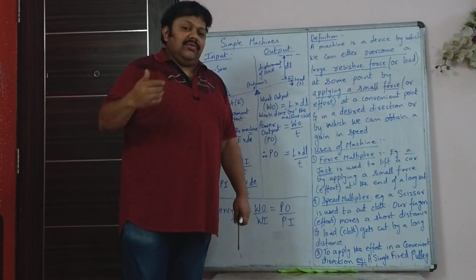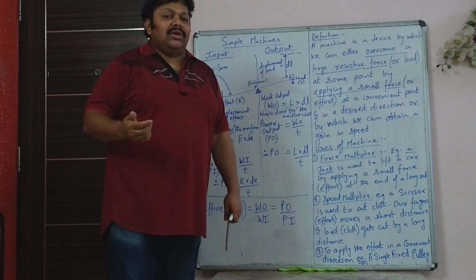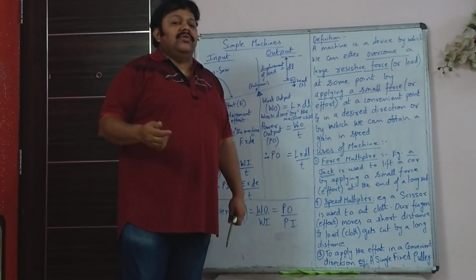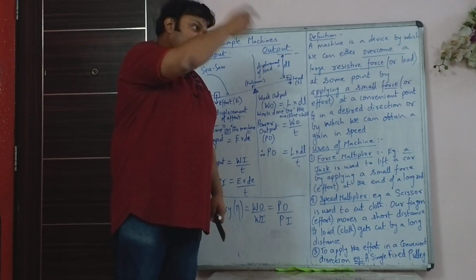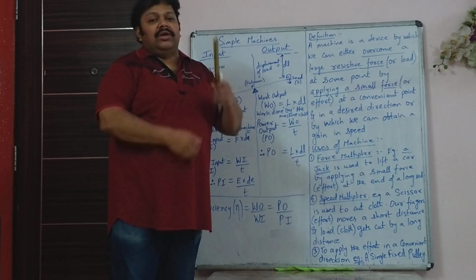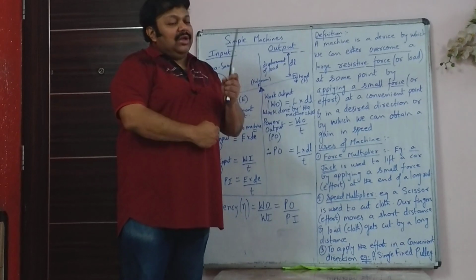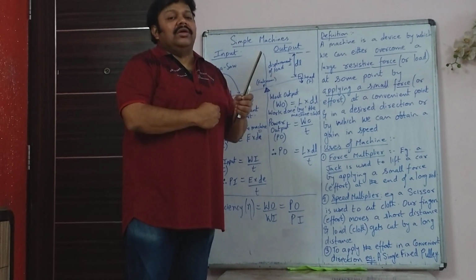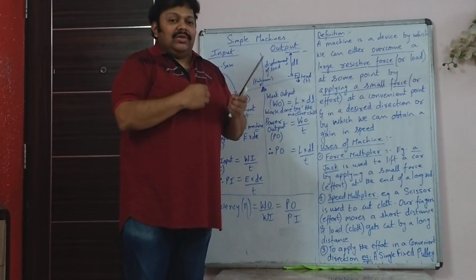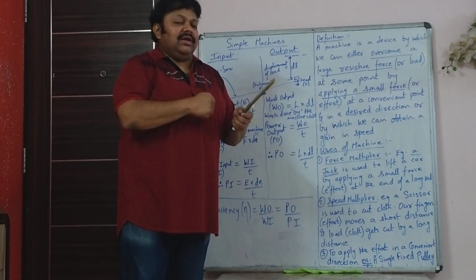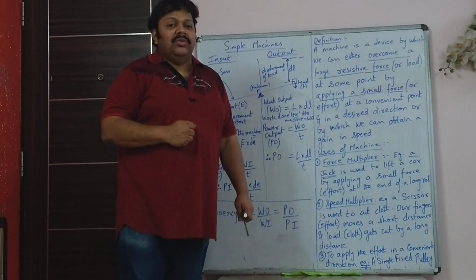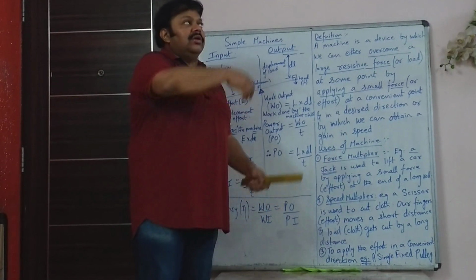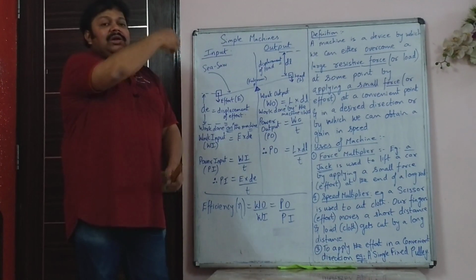But previously and even now, to a great extent in many villages, you will find the single fixed pulley. So what is the use of the pulley? You could have just thrown a bucket with a rope tied on it and pulled it up. But pulling it up against gravity is cumbersome. So that is a little difficult as far as direction is concerned, and it is cumbersome. So it is much more convenient to pull the rope down.